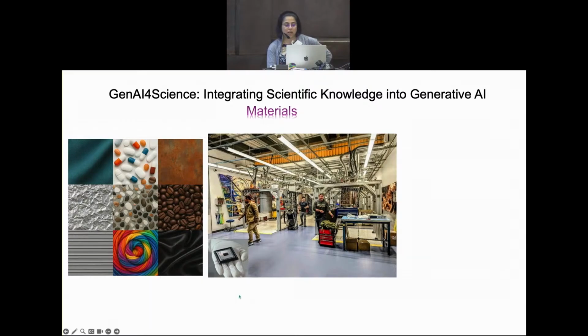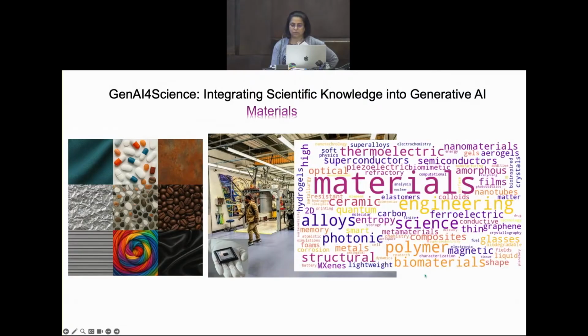So if you look at a word cloud, okay, again, I used ChatGPT for this, so you can see I have a lot of fun with ChatGPT. I said, create a word cloud of materials, and it did. And you can see it shows a very broad range of materials, from ceramics to alloys to superconductors, semiconductors, which we typically would call hard materials. They're like solid crystalline. But there's also lots of soft materials, which would be the squishy materials, like hydrogels, amorphous polymers, or some other bio-inspired crystals, biomaterials, et cetera, right? So they have a very broad variety of